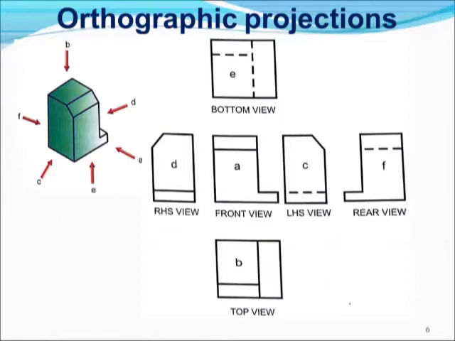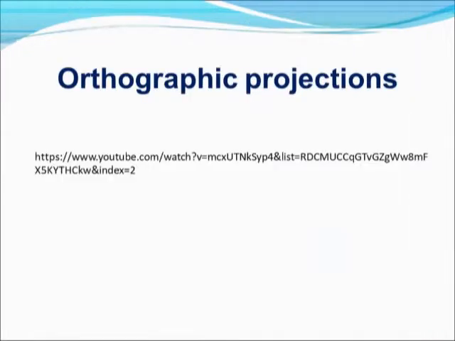The previous slides I have skipped because we saw everything in our first class itself. So in this diagram we will be seeing about the orthographic projection. By seeing this green color 3D component, we will be drawing the front view, side view, top view and other different views pertaining to your 3D component. Okay, also this we have discussed here.